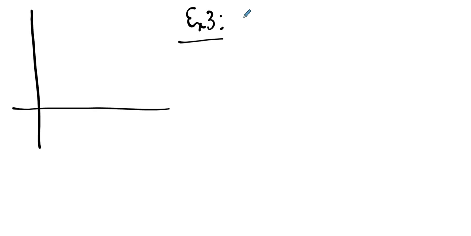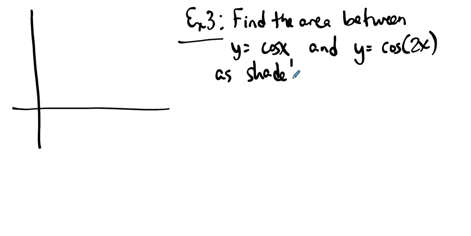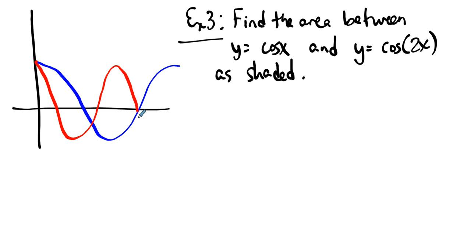This will be example 3. We're going to find the area between cosine x and cosine 2x as shaded. So to be clear, cosine x looks like this, and cosine 2x looks like this, and I'm interested in this area,